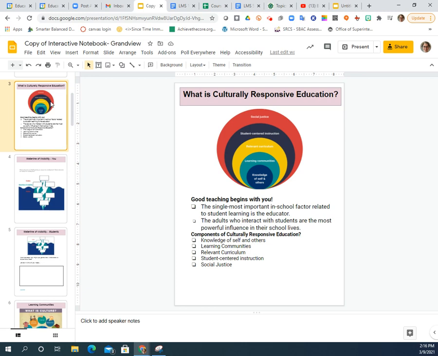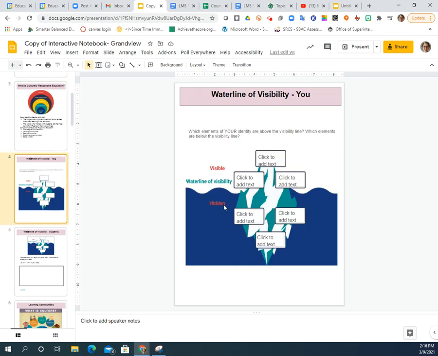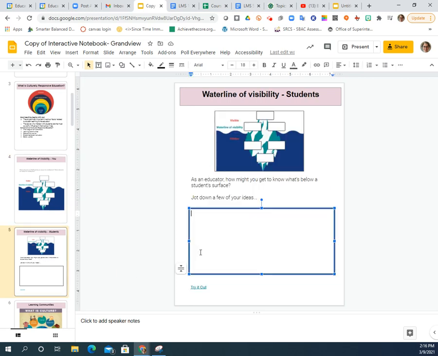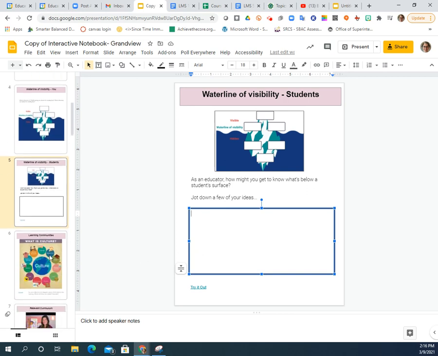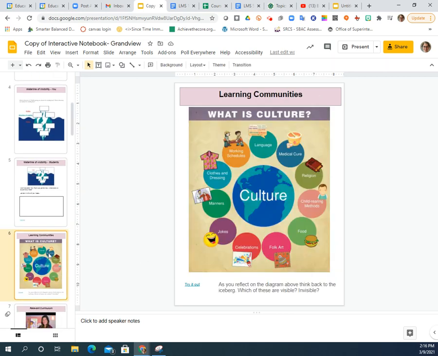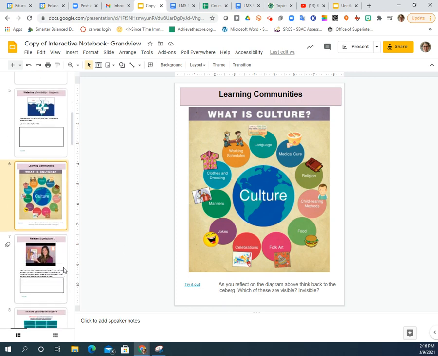What I did is I just put a couple of screenshots in here. I added body text placeholders where I wanted them to respond during the session. I added some places where I wanted them to do some reflection and added a couple of links that they could go check out. For the next module,